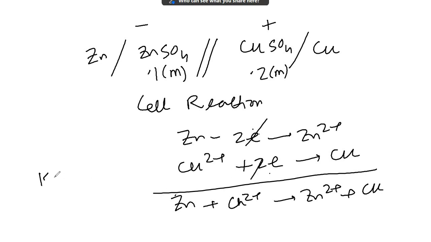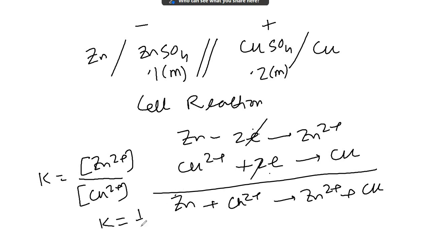Equilibrium constant will be product by reactant. In this case we never consider the solid, its activity is taken to be 1. So it will be Zn2+ over Cu2+. Zn2+ concentration is 0.1, Cu2+ is 0.2. So K is equal to 1 by 2, that is 0.5. Now the Nernst equation is